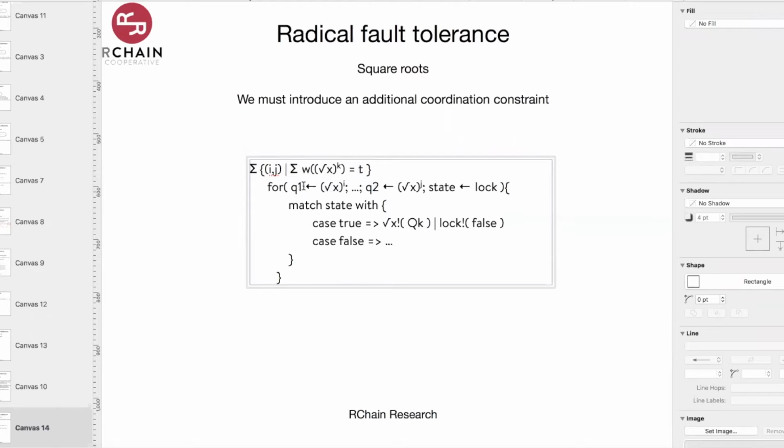So we're going to join over any such collection together with grabbing a state, right? So we're going to get the state off of a channel that we call lock. And if we were the first one into the lock, so that's true,